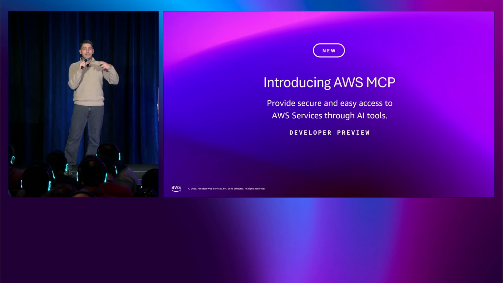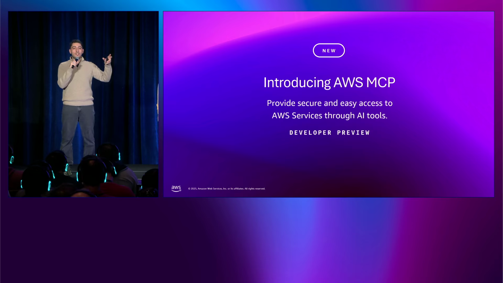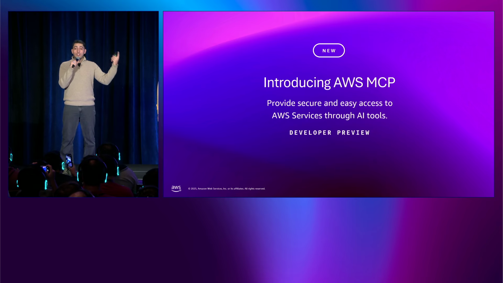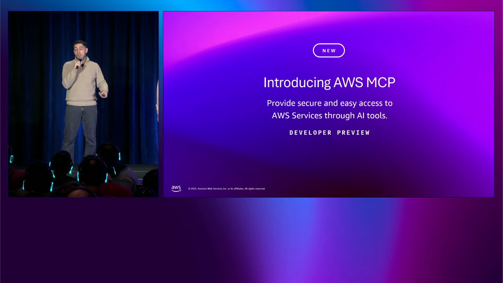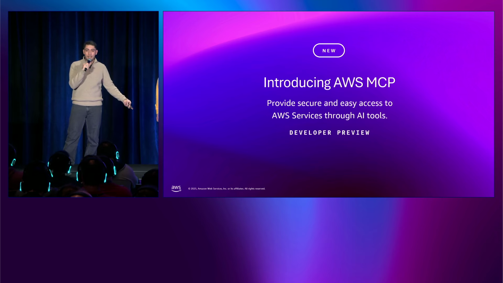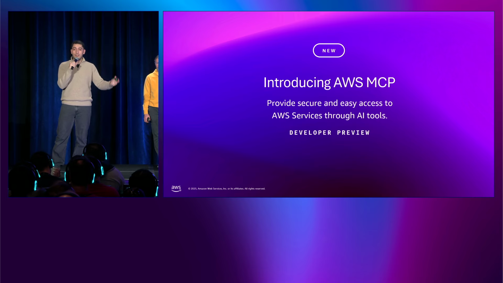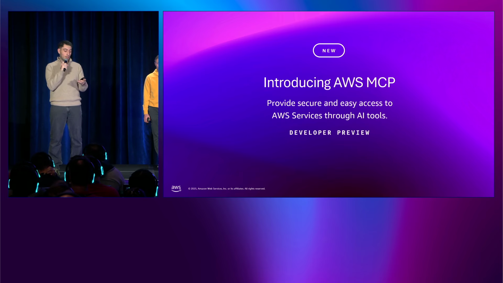We have created more than 30 different procedures to know what to do for having the best experiences for your agents to build an application. For example, in case you want to search for documentation, you don't need to add the documentation MCP anymore. You still can, but you don't have to. You can use the AWS MCP to call that. Do you want to get some information about deploying an app to Amplify? You can get that information directly through the SOPs, through the procedures that we already have.